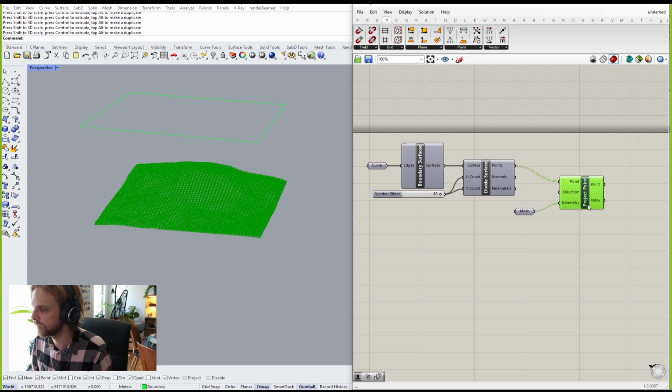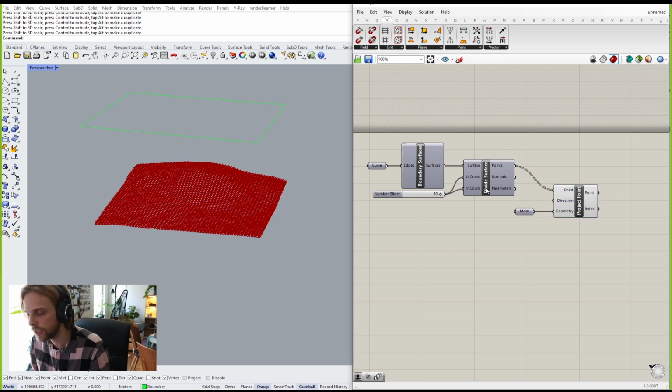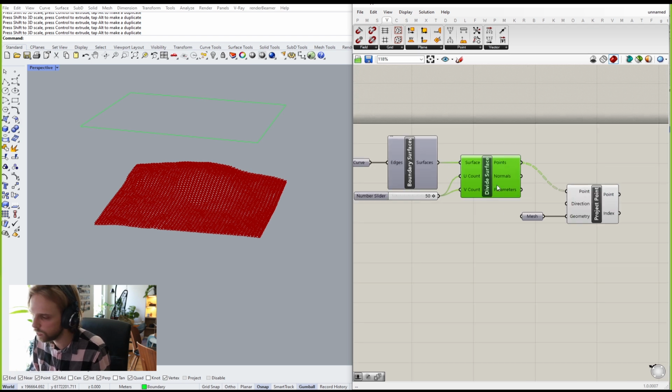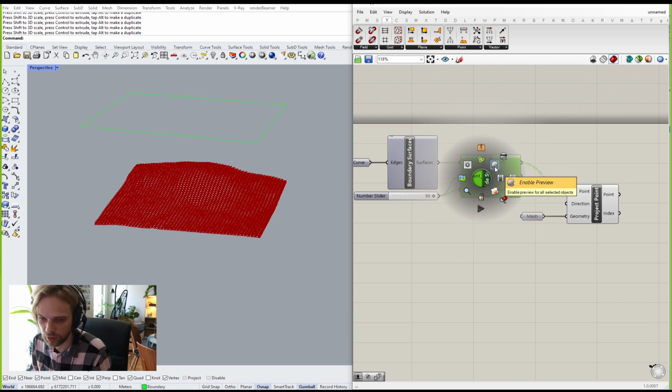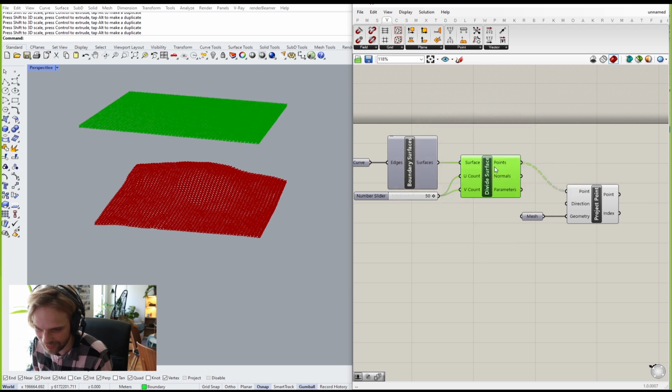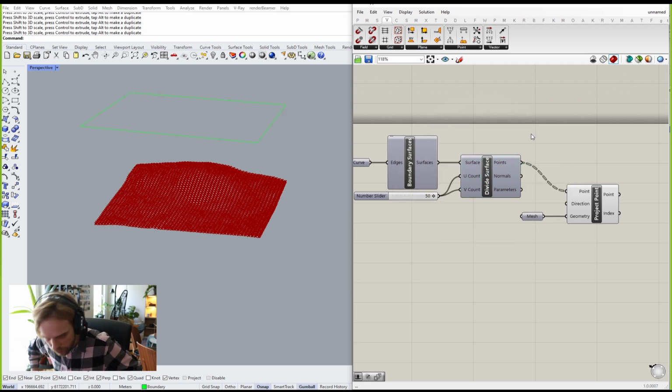So now we only see the output of project point, and everything else turned dark gray. And if I want to look at it, I can always click on the nodes that I want to enable preview for, make them active, click the scroll wheel and get the guy that's not blindfolded, right? And now it's displayed again. So this is how it works. Pretty straightforward. Anyway,